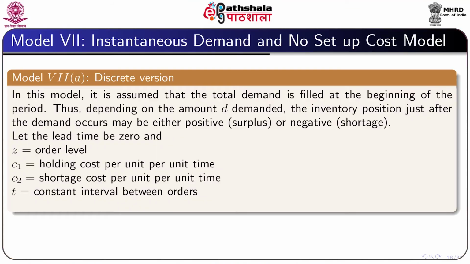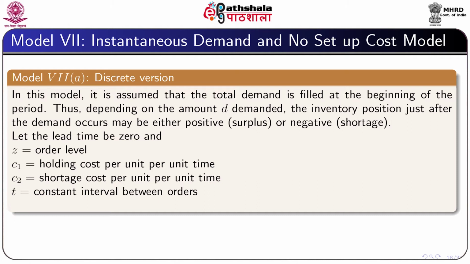So far we have discussed how to find difference under summation sign. In this model, we have developed the single period inventory model, popularly known as news vendor model or newsboy model. We have also developed the news vendor model considering underage cost and overage costs. Let us now proceed to develop model 7, which is the instantaneous demand no setup cost model.